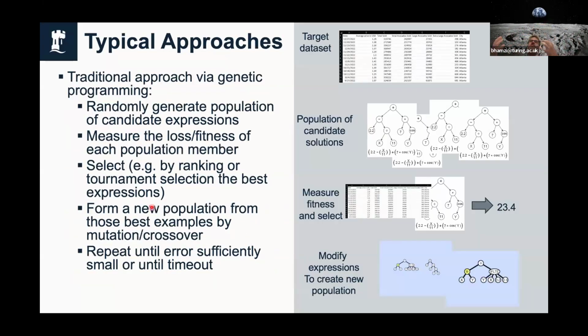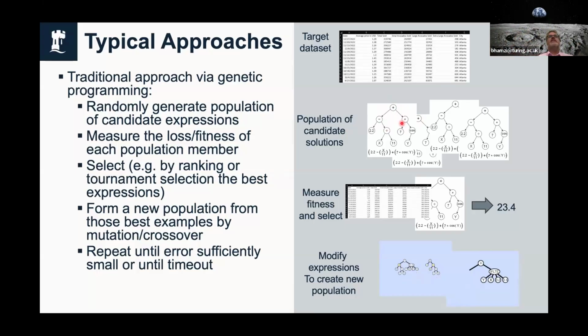Historically, the traditional approach to this has been, as I said, the genetic programming approach. The idea here is an evolutionary approach to finding an expression that will fit a data set. So we start with a randomly generated population of candidate expressions. There's lots of different work in the literature about different ways to represent this, and quite a common one is tree-based representations.